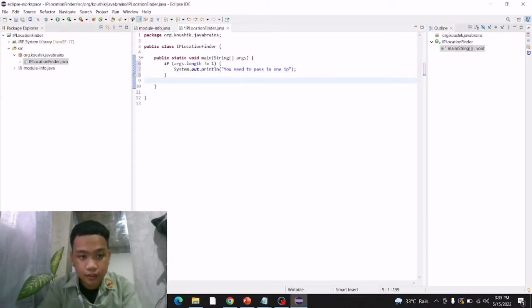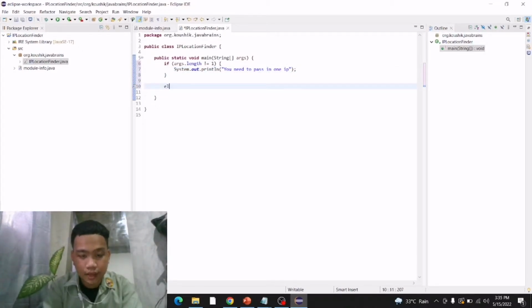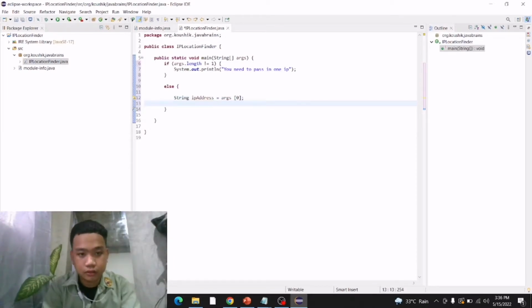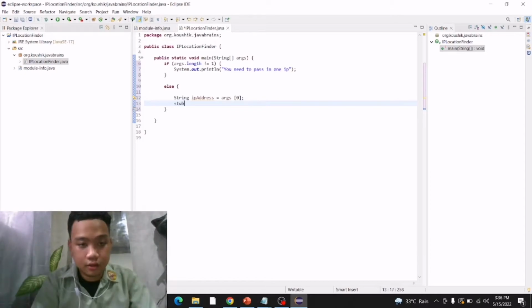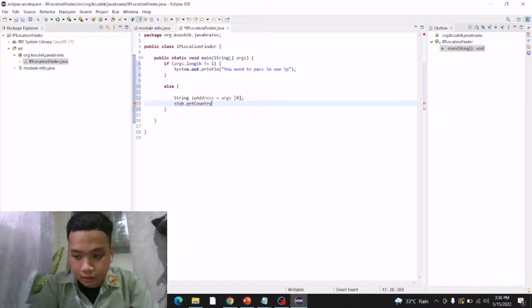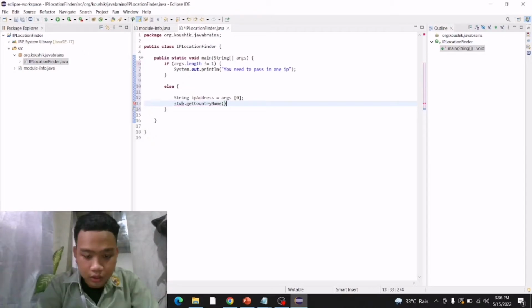Then else, String ipAddress is equal to args[0], then stub.getCountryName(ipAddress). So yun.